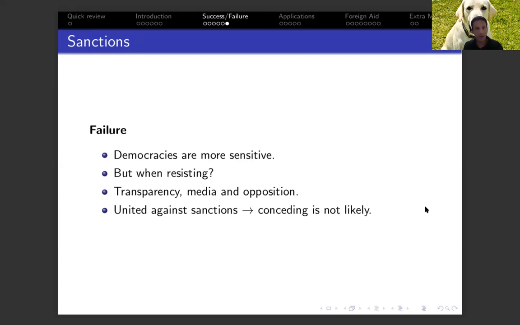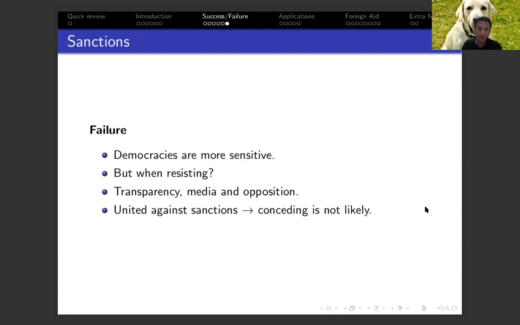So if the president and the government oppose some kind of sanctions that are imposed on us, and now members of the public are also making those kinds of proclamations, and part of the media are transmitting those kinds of messages, and then even part of the opposition. So even if we take the existing government here in the United States, so the president, the Republican leadership are opposing the sanctions, and now leadership of the Democrats in the House, in the Senate, wherever that may be, also joining this front against sanctions on the United States, then it makes it highly unlikely that the government will concede and will accept a change in its policy in exchange for removal of the sanctions.